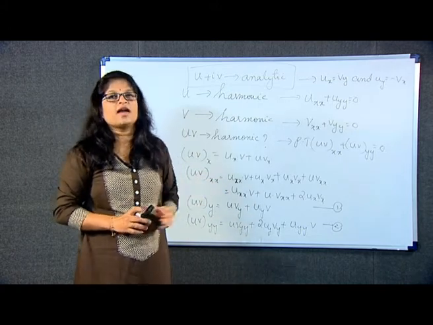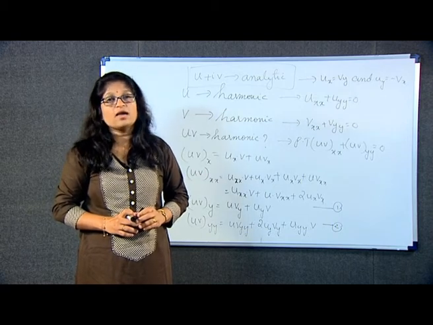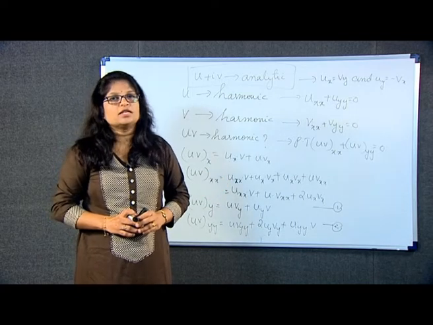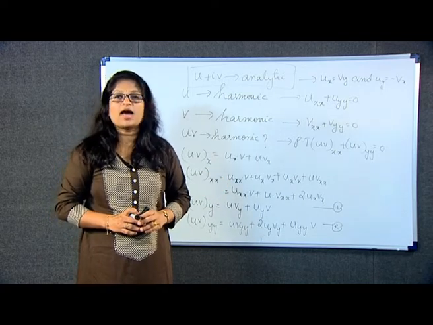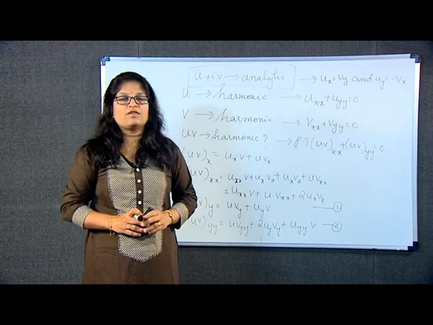Once it satisfies, you can easily see that the partial derivatives are continuous. Why? Because u and v are harmonic functions, so all the first and second order derivatives of u and v are continuous. So, for uv also it has to be continuous. So, whenever u and v are harmonic conjugates to each other, then the product is also a harmonic function.